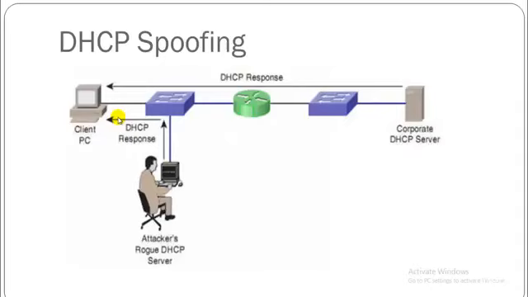And the intruder DHCP server offers an IP address and supporting information that designates the intruder as a default gateway or the DNS server, that's the domain name system. And in the case of the gateway, the clients then forward packets to the attacking device, which in turn sends them to the desired destination. So this is known as the MITM attack, and it may be entirely undetected as the